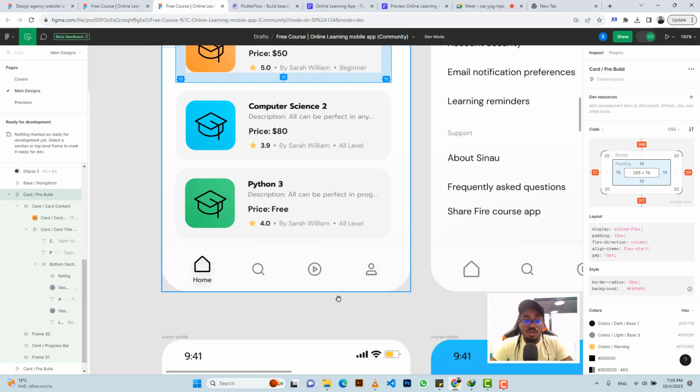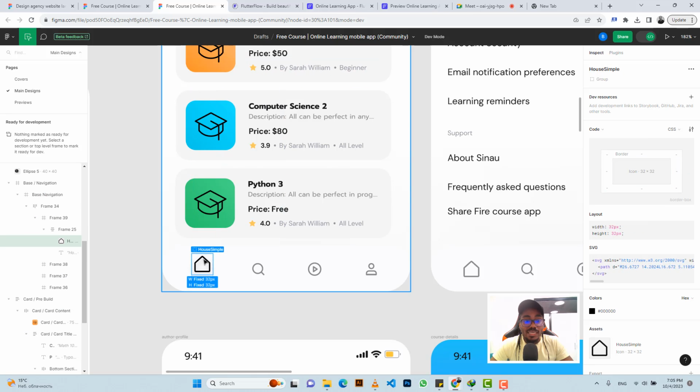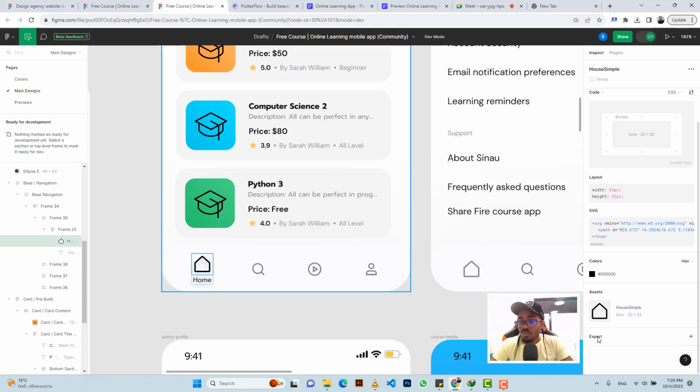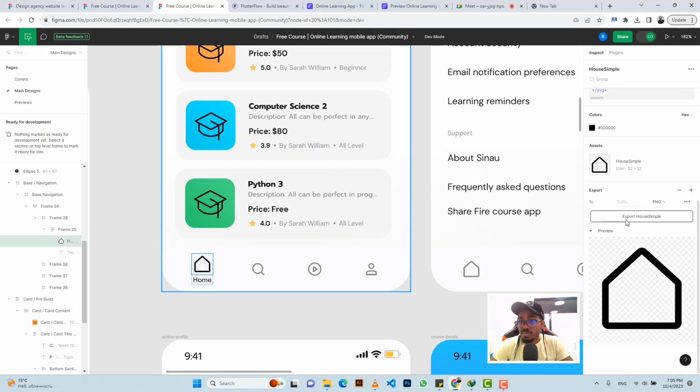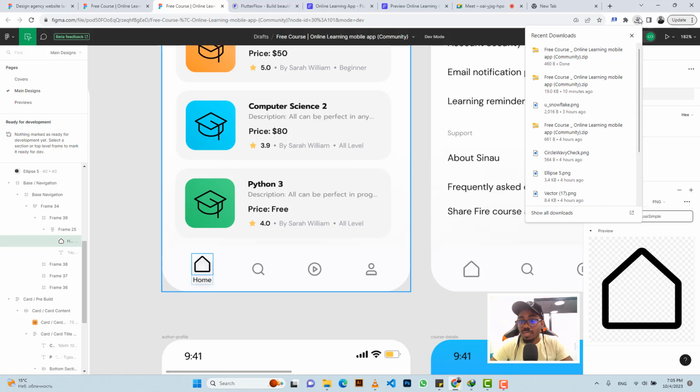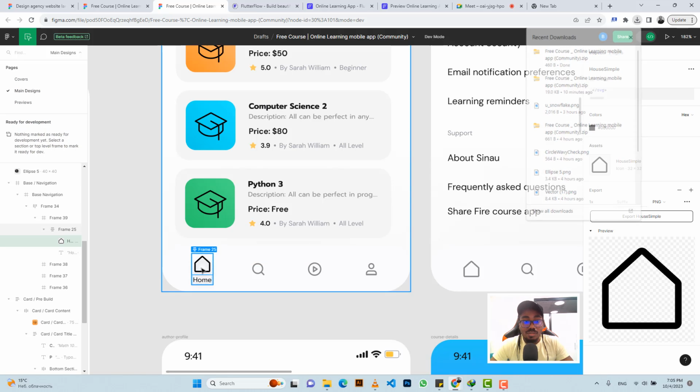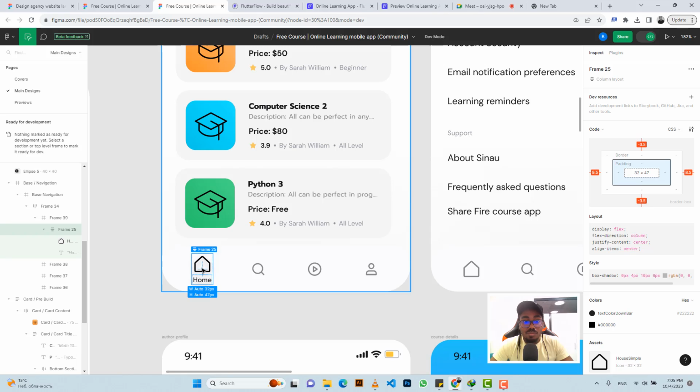But lucky you, we have another way around it. So I will go ahead and click on this icon. I'll download all the icons that we have here. Let's just go ahead and click to export it. And then I'm exporting this. I hope it's coming as an image. Oh man, it's not coming as an image. It's actually just coming as